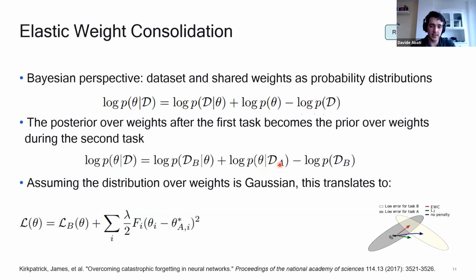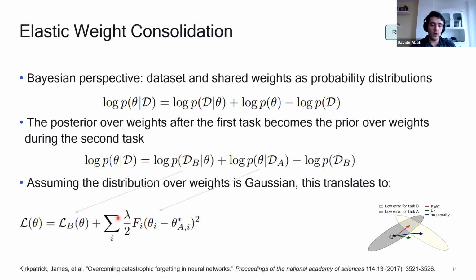So this is the Bayesian view of continual learning, but this really translates into this formula here. If you assume that the distribution over weights is Gaussian, with a diagonal covariance matrix, this translates into this objective, and this objective is formed by just train on task B, so minimize the loss over the task B, right?